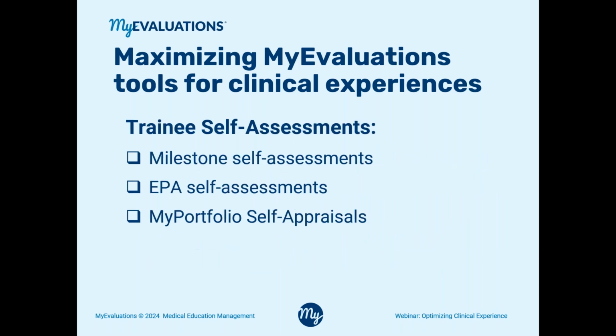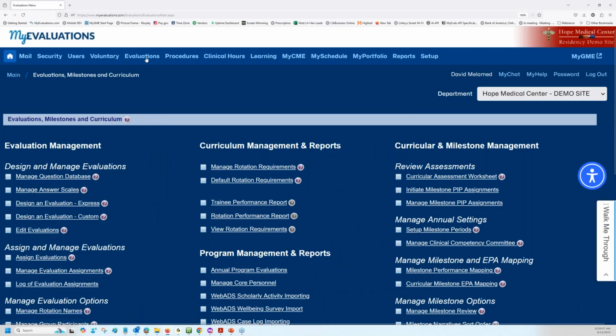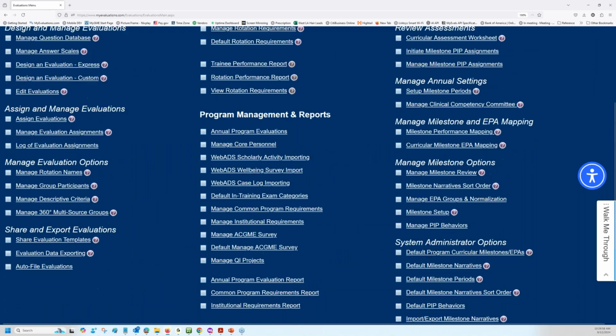The last two parts are a two-phase. One is trainee self-assessments, and then in a minute we'll talk about performance improvement plans. So trainee self-assessments start first with milestone self-assessments. We've talked about this on multiple webinars, where under the menu option evaluations, under your milestone setup page, so here